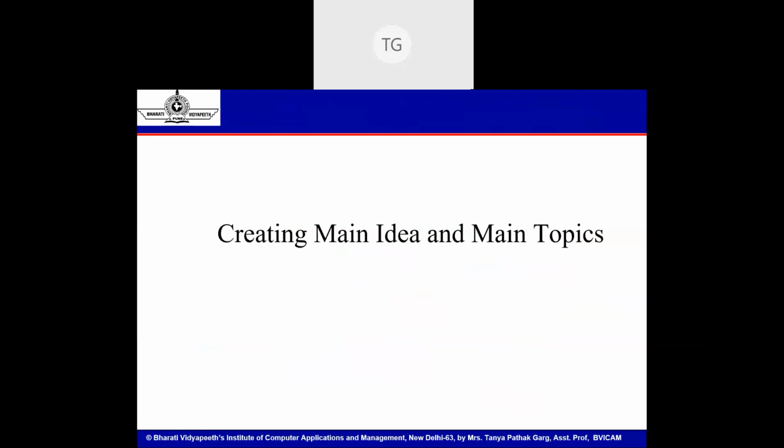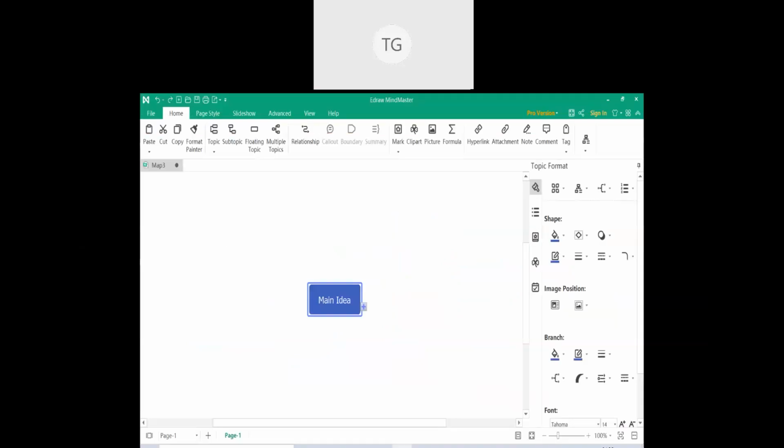Right. Now going for the main creation of the mind map, in the EdrawMind software that I downloaded free of cost, I've chosen a radial map. This is my basic template. And when I choose a radial map, this is the first screen that I get. I get a main idea coming in just the center of the page. So first you have to start with the main idea.